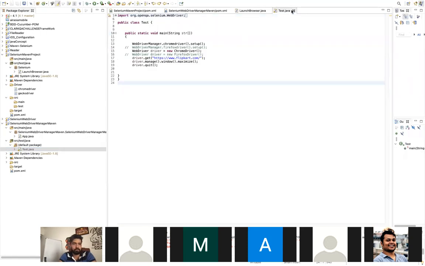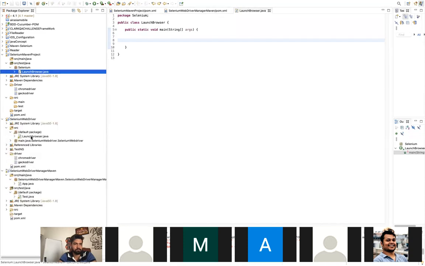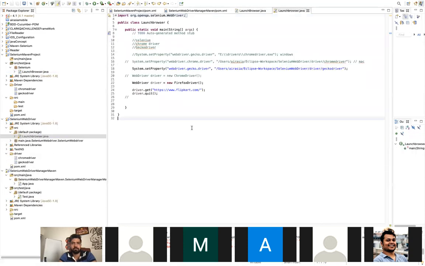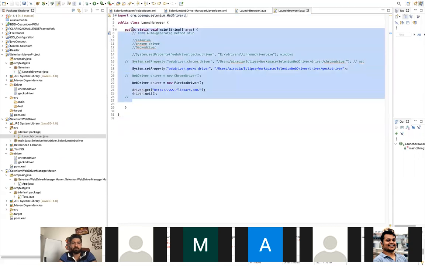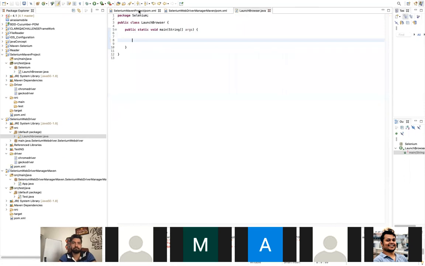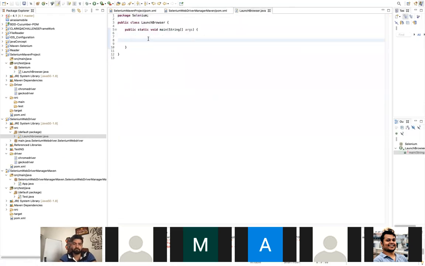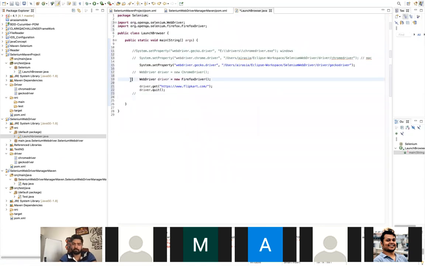Okay, so this is the WebDriverManager. I'll just copy a few lines of code from here, and I will explain what the use of this is. As of now, I'm just commenting out all the code.